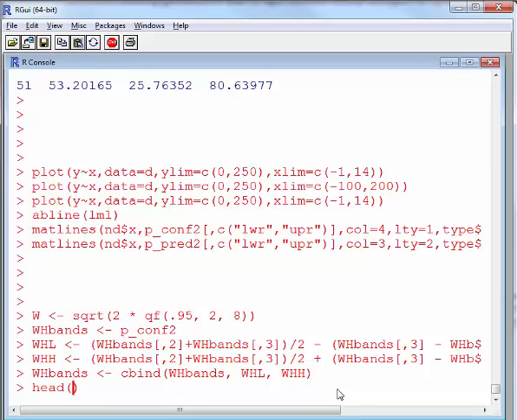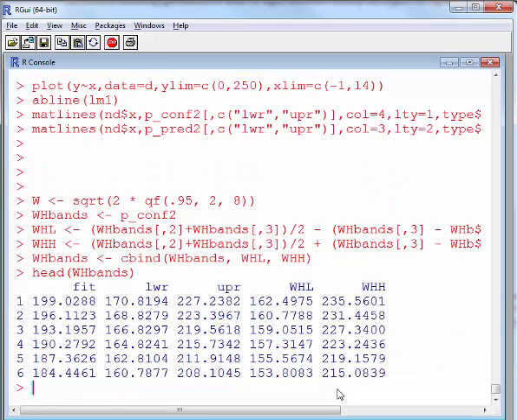Working-Hotelling interval bounds. If you type head of that data frame, it'll give you the very top of it. Okay, so you can see that's exactly what's going on here. These are the Working-Hotelling